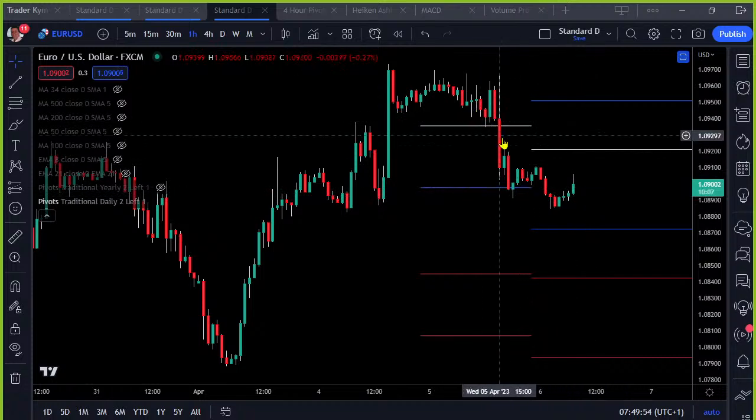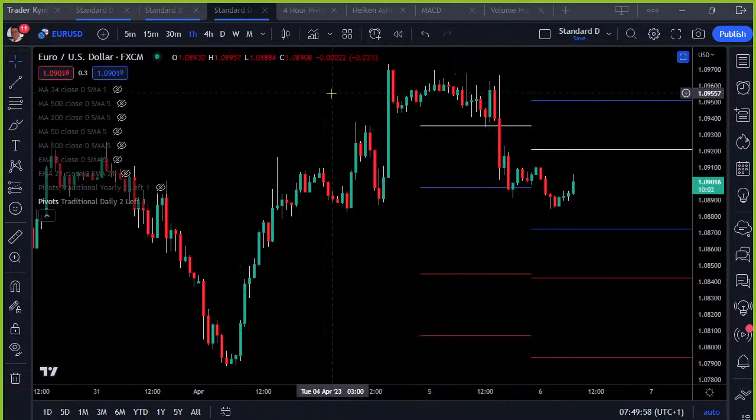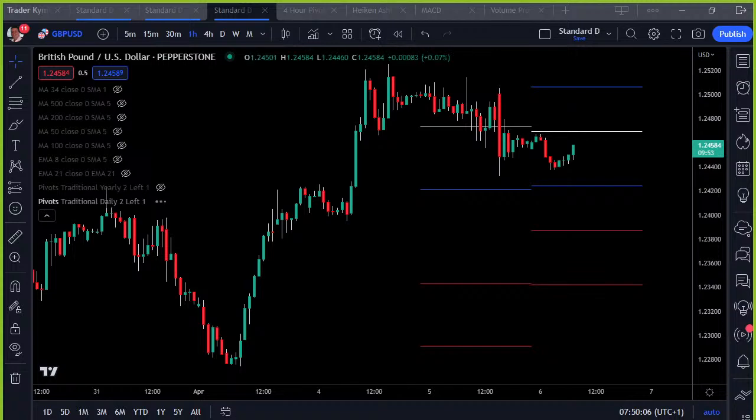We've already seen some lower highs kicking through here, so the original trend that was running up here, the short-term trend, has been broken. It's just what it does around these levels. I don't really like it at all, and probably, well, I say there's no probably about it, I won't be trading that.